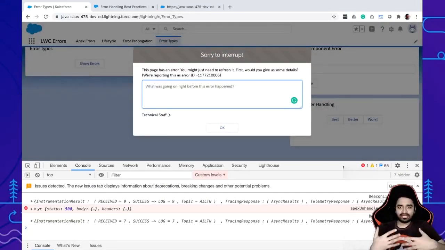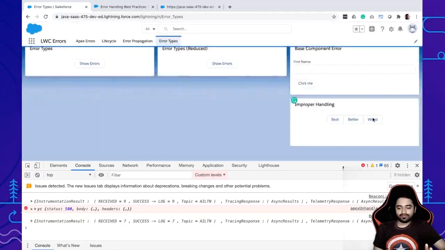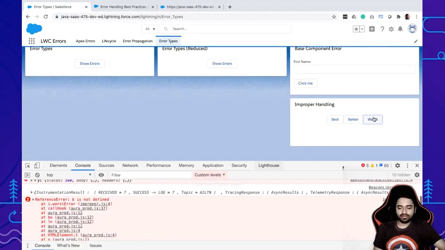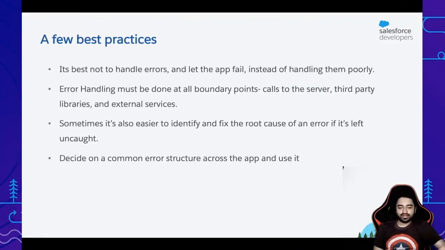So it was automatically handled by the Lightning runtime, and then a pop-up has appeared. So the user knows that something bad has happened. And then the worst way is I click the button, the errors are getting logged to the console, but as an end user, I don't have any indication on the screen. So that is why I said, if you decide to handle errors poorly, a better way is to not handle them at all, because at least the Lightning runtime is handling it for you.